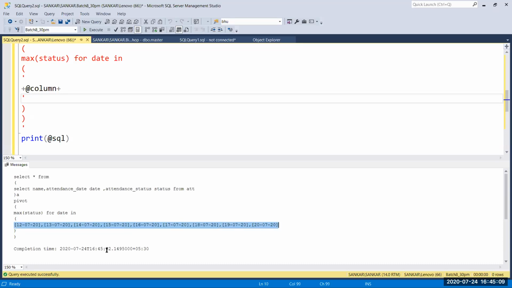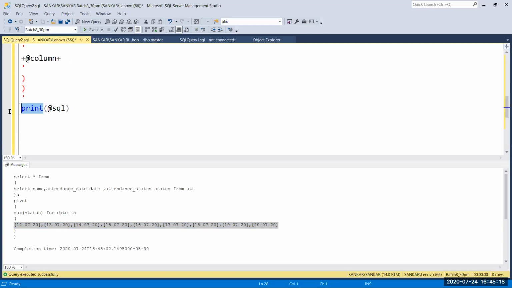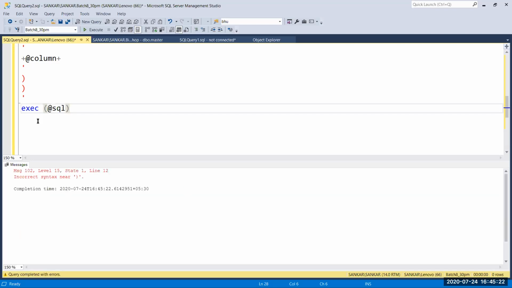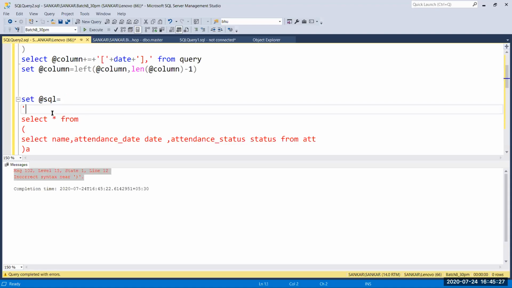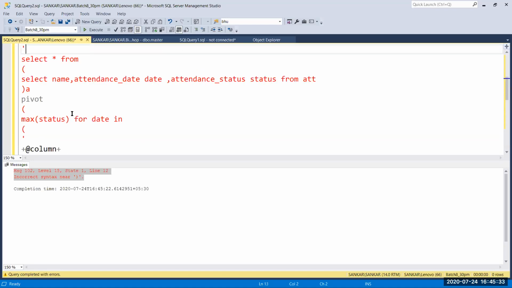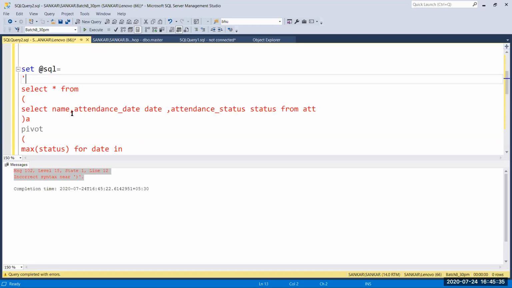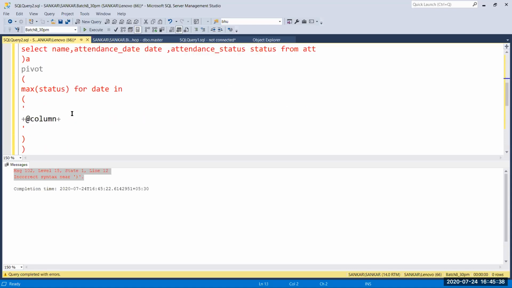Now we get the exact pivot table query, and this is a dynamic query. Now I'm going to execute it. There are some errors here. Select star from, pivot.